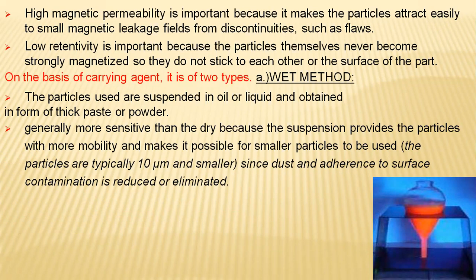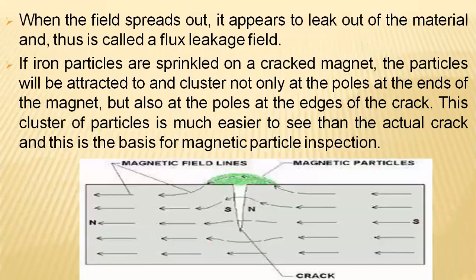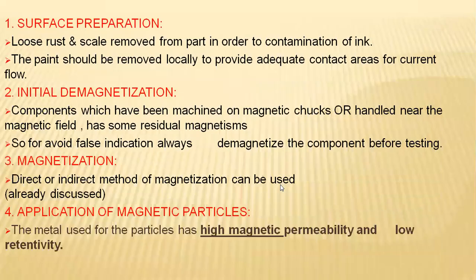In the previous slide, we also discussed in detail the particles which are applied over the surface, and where a crack is identified, the field will be varied, the direction of the movement of the electrons will be varied, and that will be clearly examined